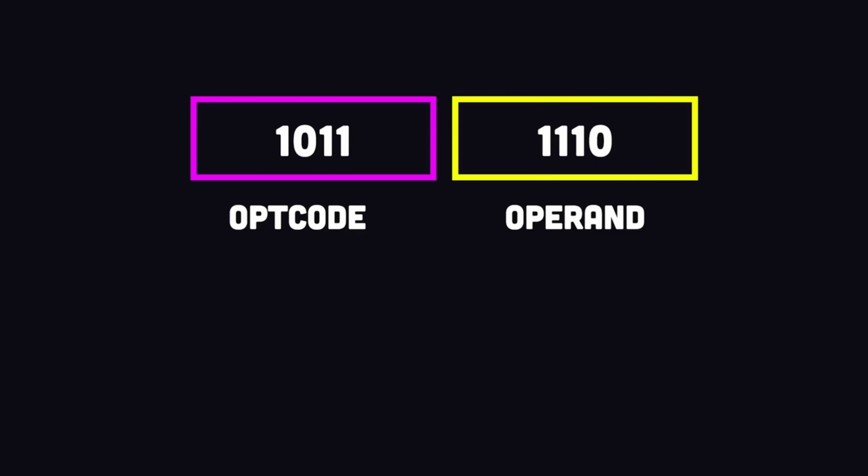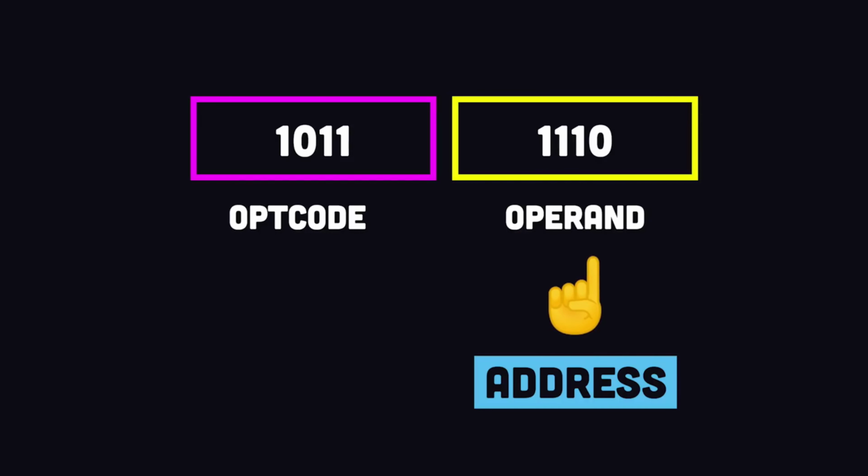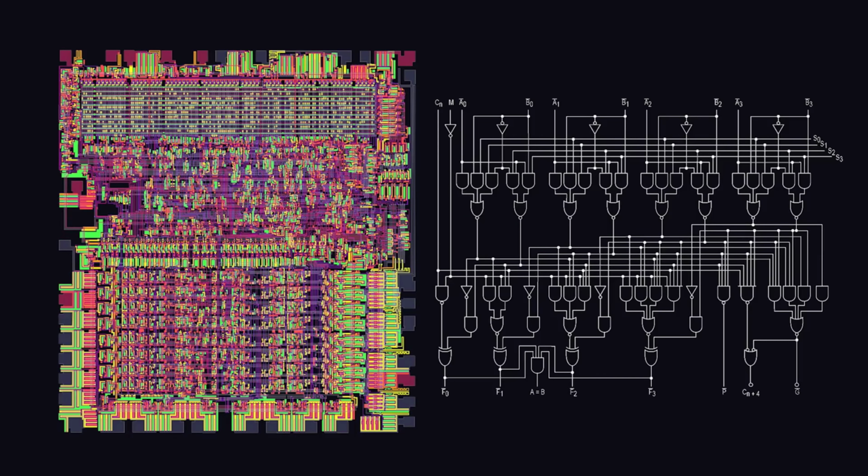The control unit parses the actual bits in the instruction. Most importantly, the opcode contains the instruction, like add or subtract, and the operand is the address in memory to perform that operation on. The final execute stage takes the decoded information and passes it as electrical signals to the